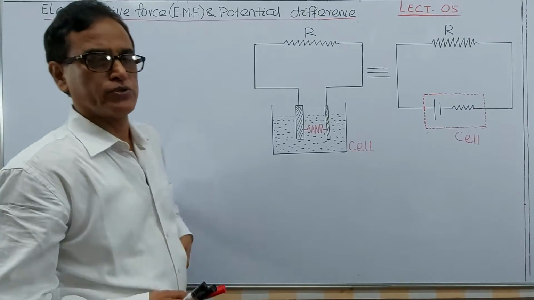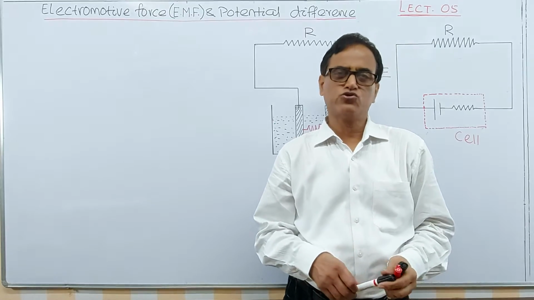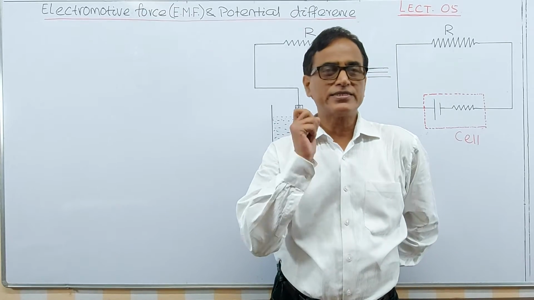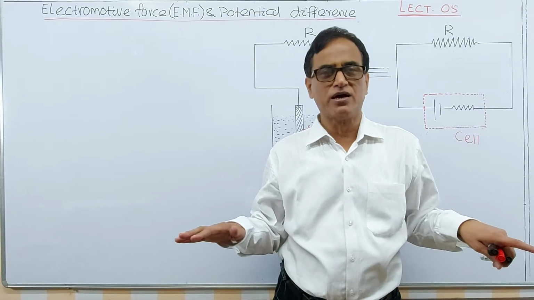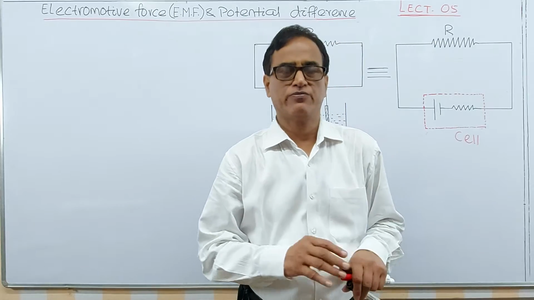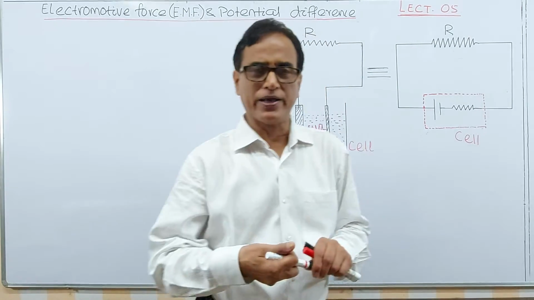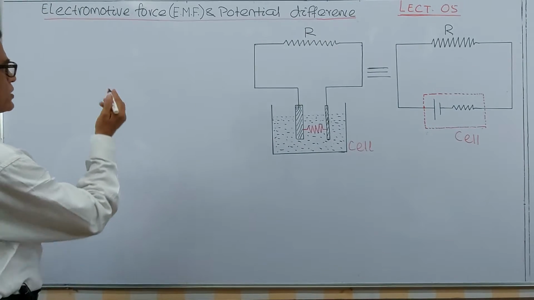Before going to that, this is the second part of current electricity. Some basic things you should know. One is resistors in series, resistors in parallel. This time it has been deleted from the syllabus, since it has been taken into the school syllabus. That's resistors in series and parallel. It is very simple. I have given an assignment. If you have interest, you can solve it.